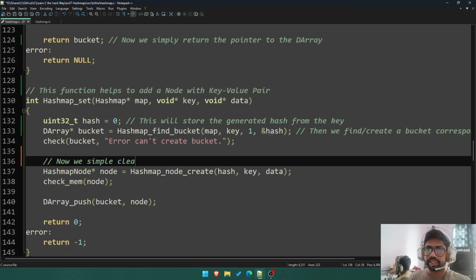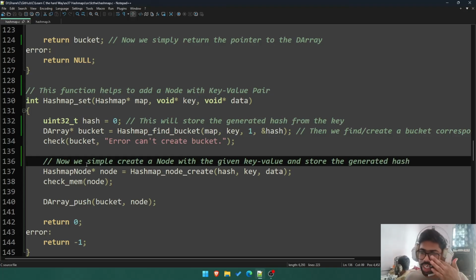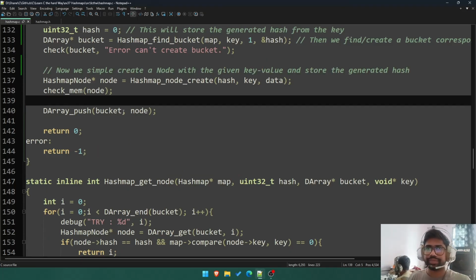Now we simply create a node with the given key value and store the generated hash. Okay. And finally push that value, for multiple keys, right? Collision where multiple keys